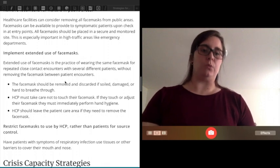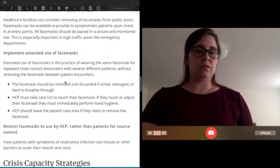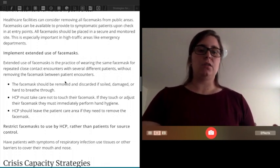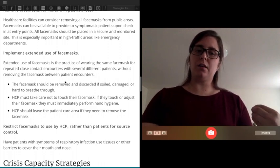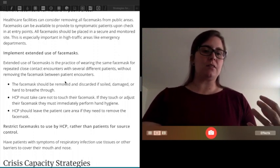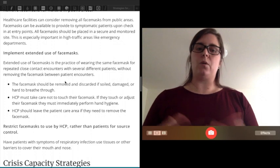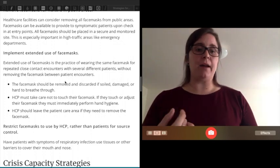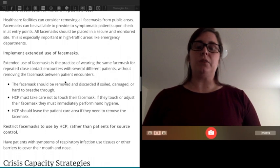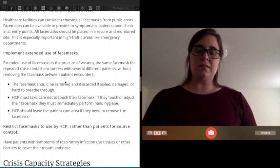So if you are very, very short on face masks, you can consider wearing them for multiple patients, but that is only if you're very, very short on face masks. That would entail you donning a mask for one procedure, preferably a non-aerosol generating procedure if you have multiple exams that you're going back and forth to, and then leaving your mask on, not touching it, fully covering your face, just leave it there, and then going to your next exam. Don't touch your mask, making sure you're washing your hands between patients and donning and doffing gloves. This is not an ideal situation, but with the shortage on face masks, it may be something that your office